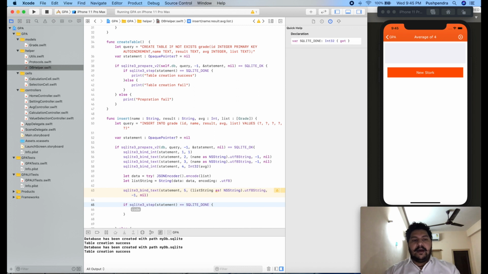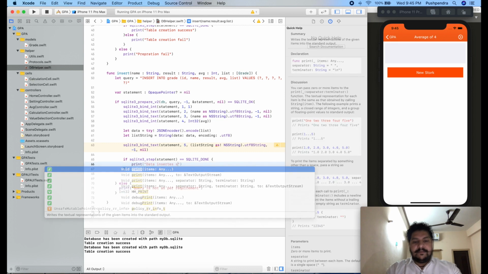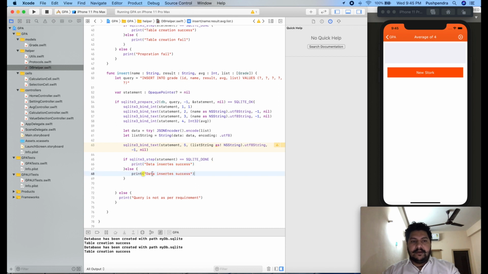Great. Now if it is success, then it means our data is completely inserted into the database. So here we can say success. Okay, else here will be the message that data is not inserting. Okay, this is completely about inserting data into the database.